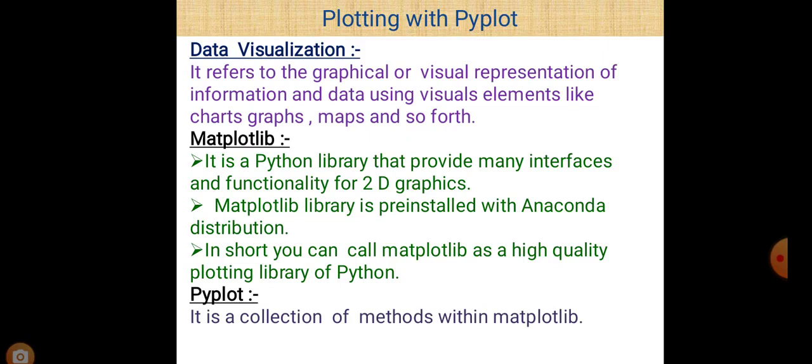There is a collection of methods, or interface, called PyPlot. So PyPlot is also used with the Matplotlib library. Using Matplotlib, we are able to draw graphs, charts, bar charts, scatter charts, line charts, and histograms in Python programming.